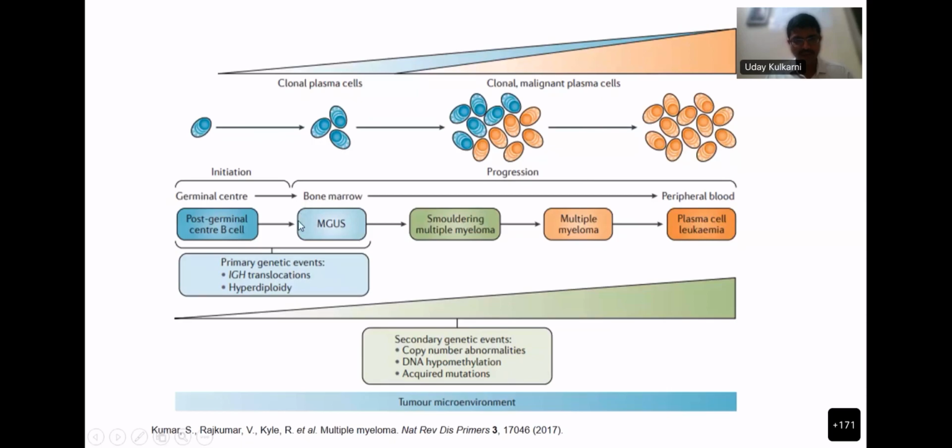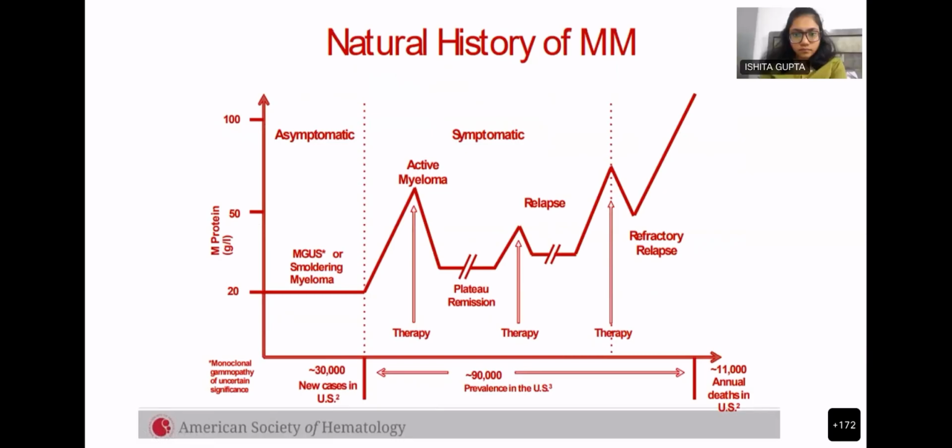The disease progresses from monoclonal gammopathy of undetermined significance to smoldering multiple myeloma and then symptomatic multiple myeloma. This can further progress to a plasma cell leukemia. What is peculiar is that all patients with multiple myeloma develop from this precursor lesion, and this can happen over many years. Patients with monoclonal gammopathy of undetermined significance are asymptomatic, and over a period of time